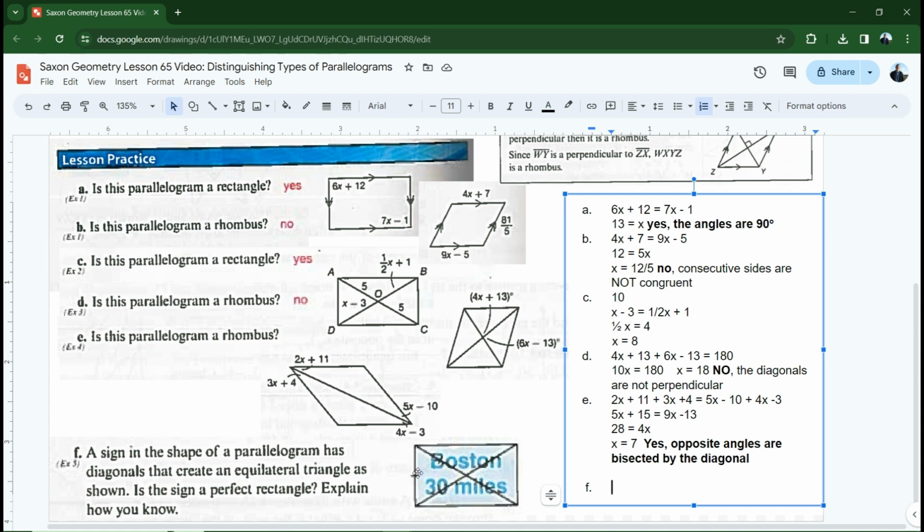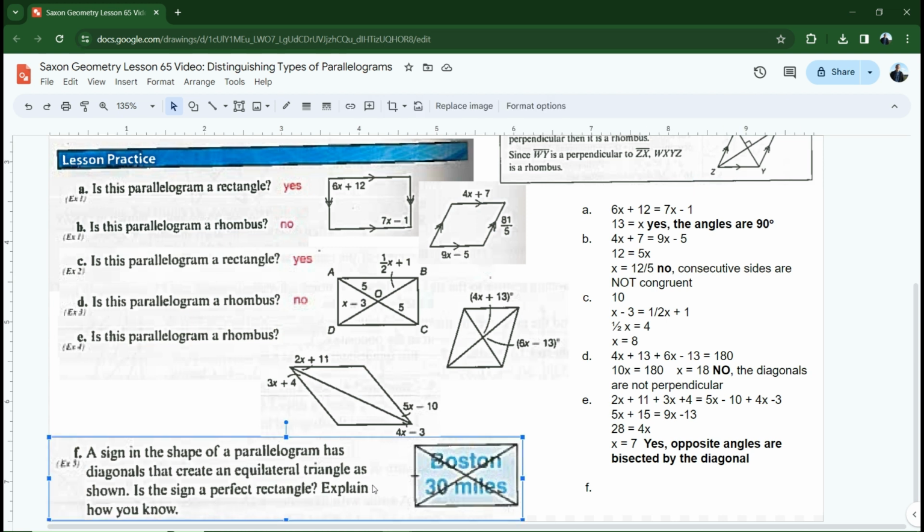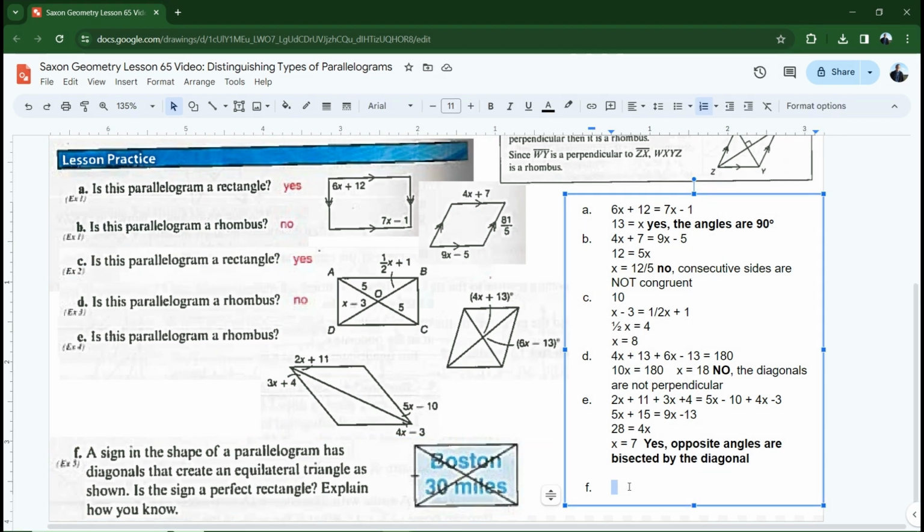We're dealing with two equilateral triangles that are congruent to each other by side congruence. That means that this side and this side are the same. This side and this side are the same. The diagonals are congruent. So yes, we have a perfect rectangle. And that's how we know we can prove that these are both equilateral triangles and the diagonals are congruent. So by the properties of parallelograms, we know that yes, this is a